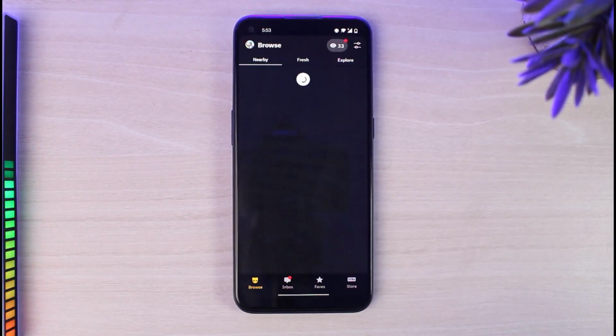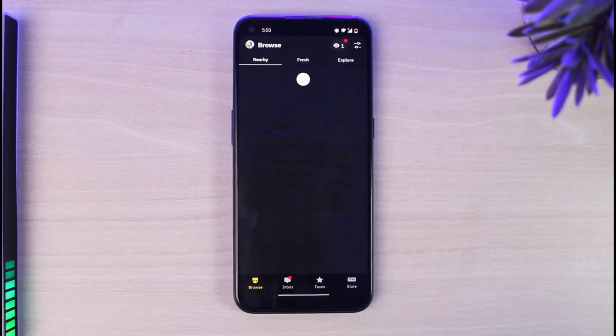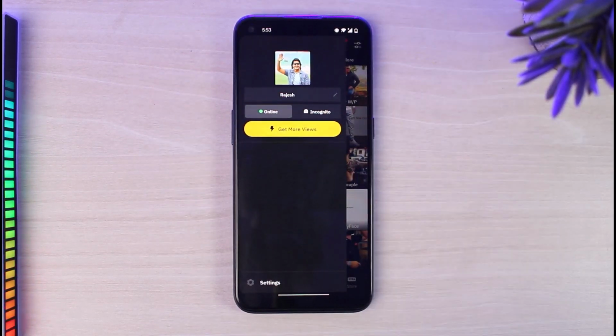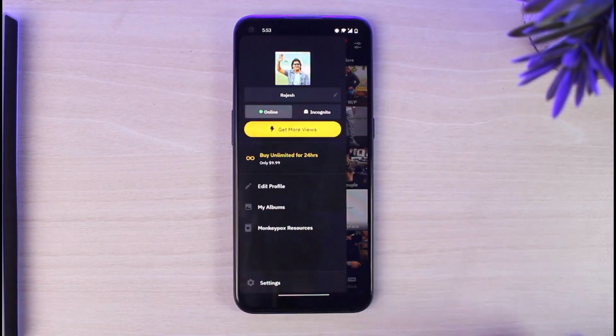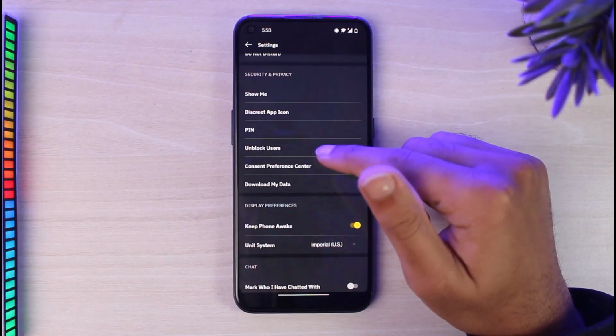Now once you're logged in, your homepage will look somewhat like this, where in order to unblock someone, you'll simply have to tap on your profile picture on the top left corner of your screen. After that, simply tap on the option settings. Now you will be taken to this page where you'll have to scroll down, and there you can see the